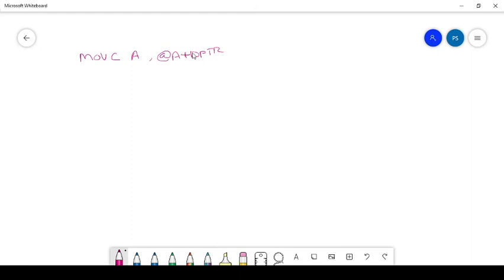Whenever you say MOVC, it is used only for copying the code byte. The code may be stored in a particular program memory. Already we have discussed that memory is divided into two types: data memory and code memory or program memory.